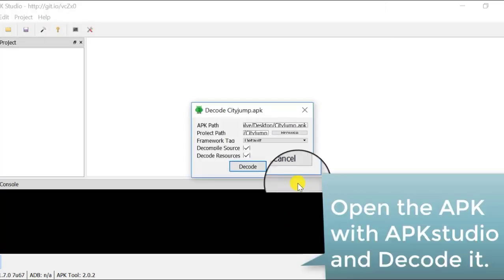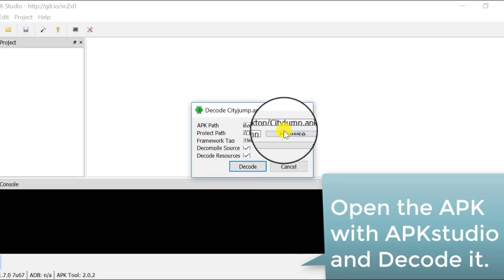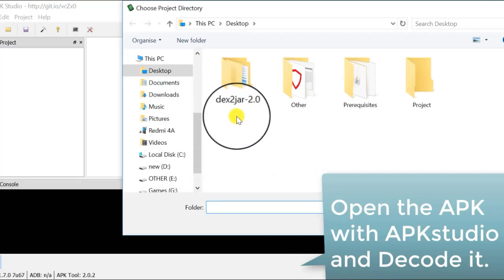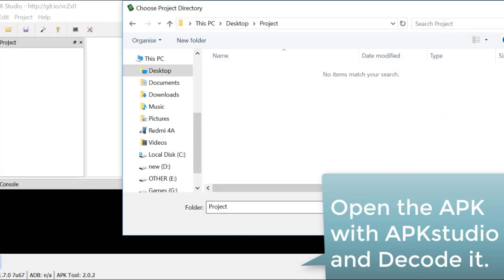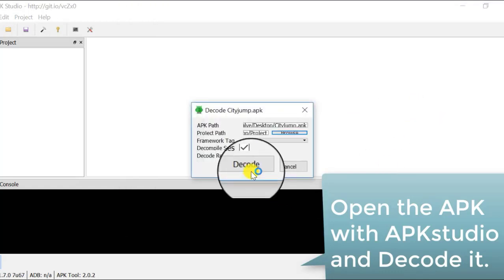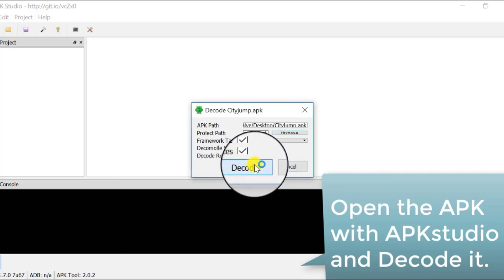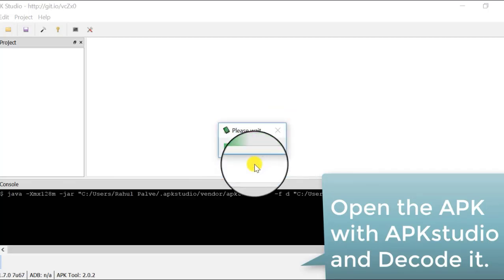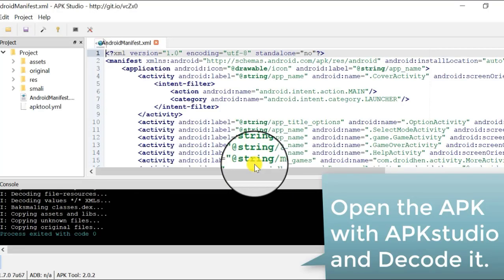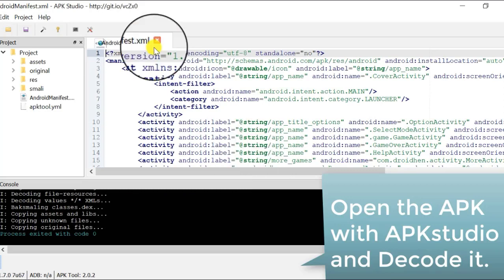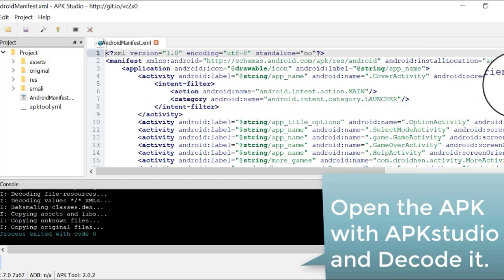Next, set the settings as I mentioned in the video and hit decode. It takes some time to decode the Android app. Now our Android app was successfully decoded. Here is the manifest file of that Android app.